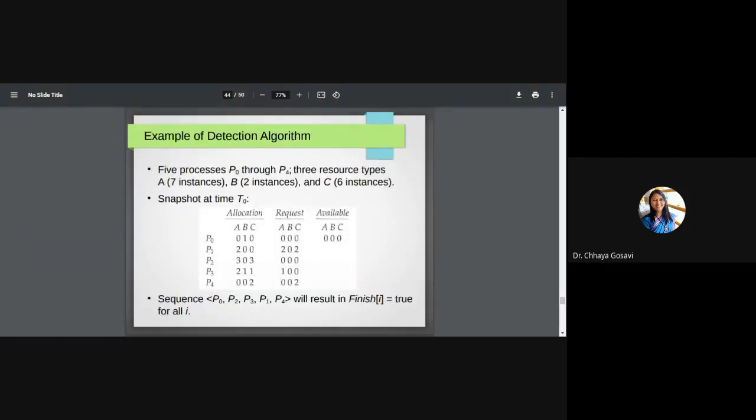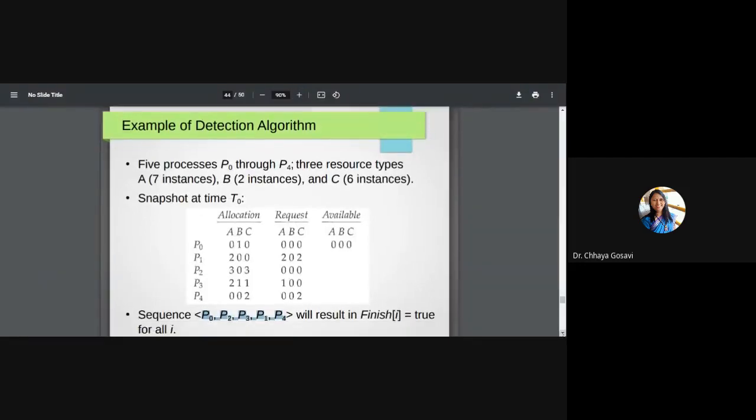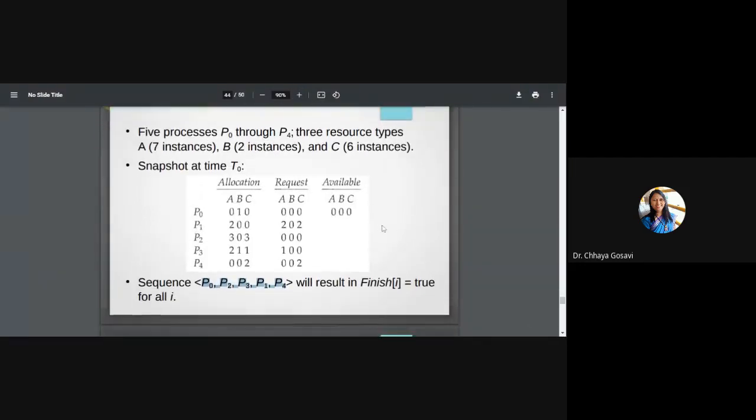So check whether you are getting this sequence for this particular example. We have 5 processes, P0 to P4, and 3 resource types: A with 7 instances, B with 2 instances and C with 6 instances.